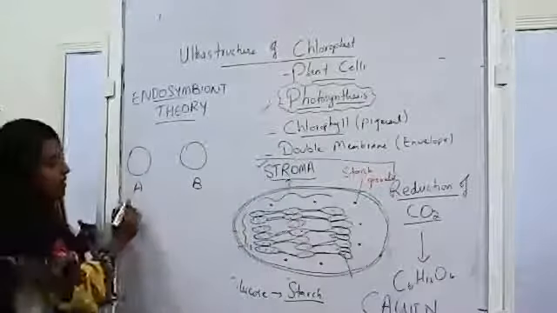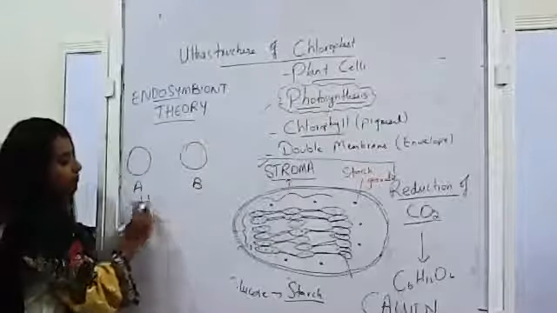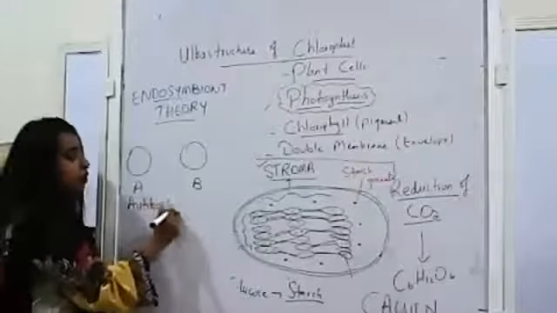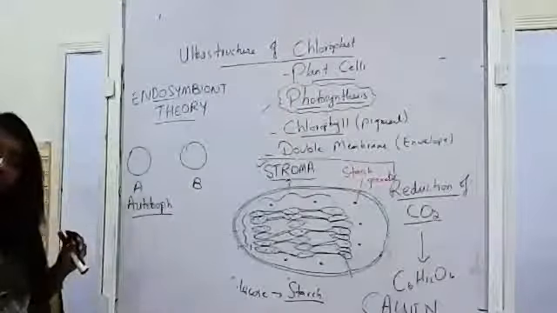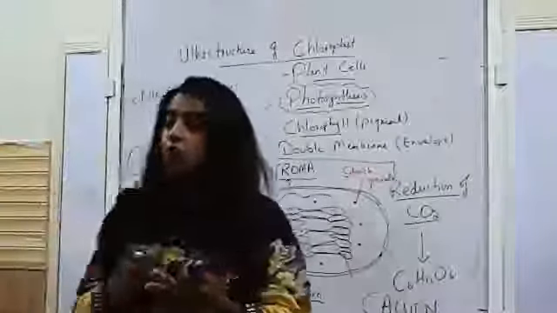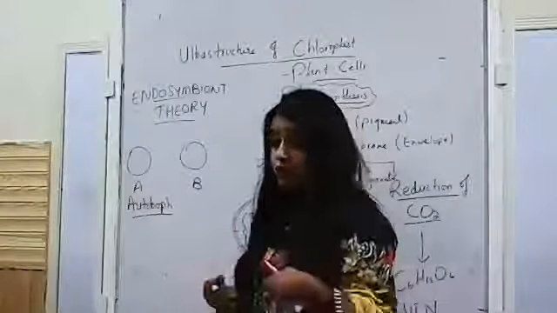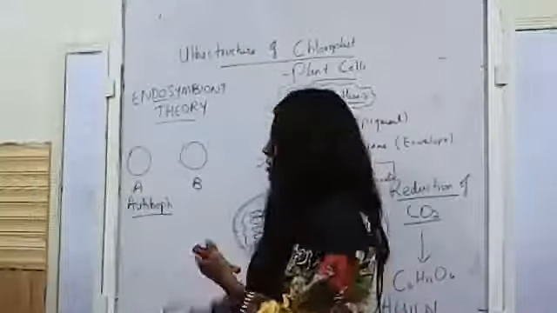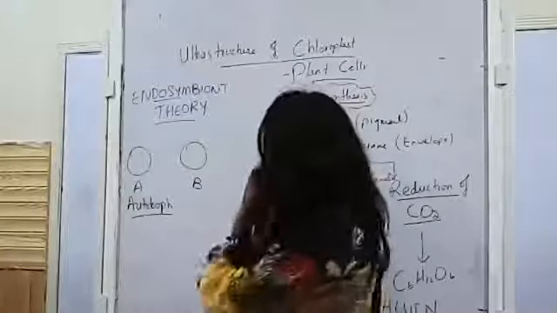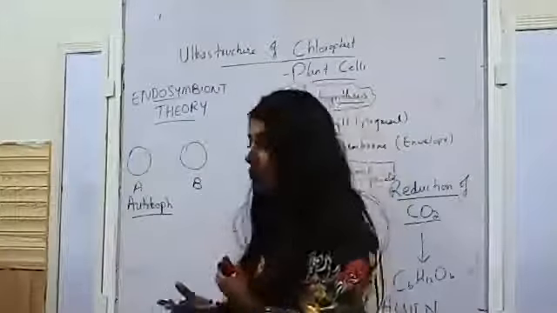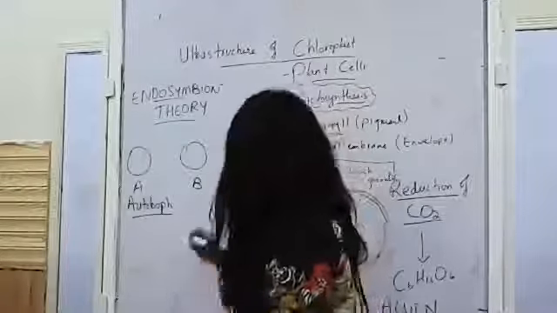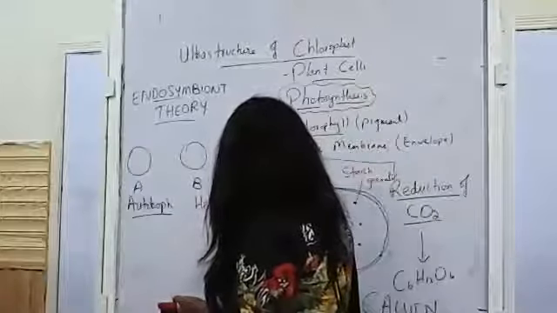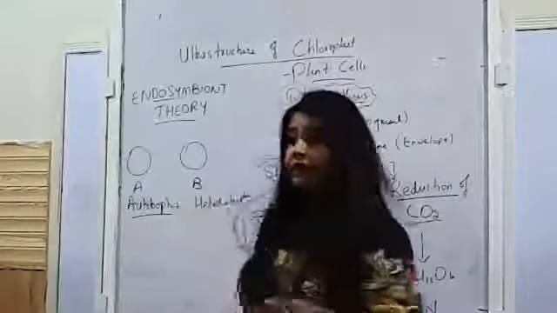Now, organism A was an autotroph. What are autotrophic organisms? The ones that can make their own food, just like plants. All the plants are autotrophic. They do not need to eat, right? They can make their own food by sunlight, by carbon dioxide, by water. They're termed as autotrophic, right? And the organisms that cannot make their own food and need the environment to provide them food are termed as heterotrophic. So we had two organisms, autotrophic and heterotrophic.